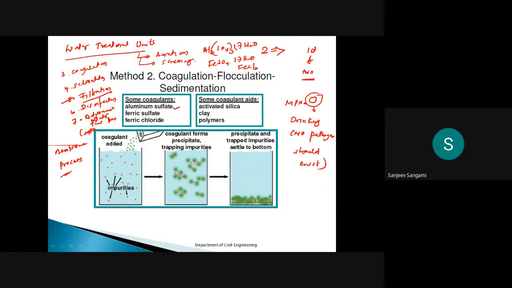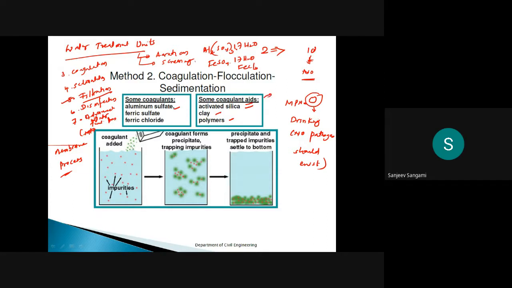These are all famous coagulants. Then some coagulant aids. Coagulant aids are used to increase the reactivity of the coagulants. We use activated silica, clay, and polymers as coagulant aids.